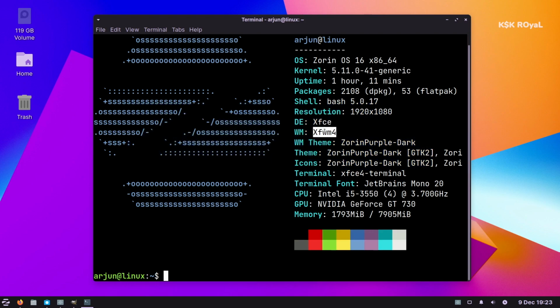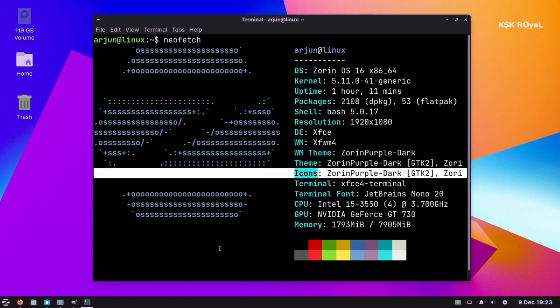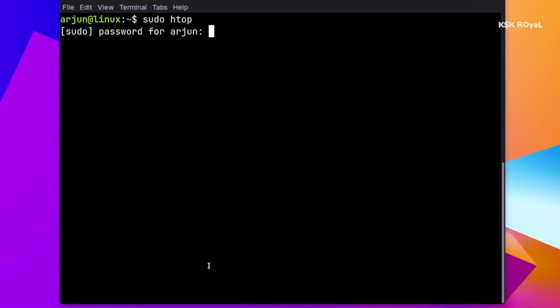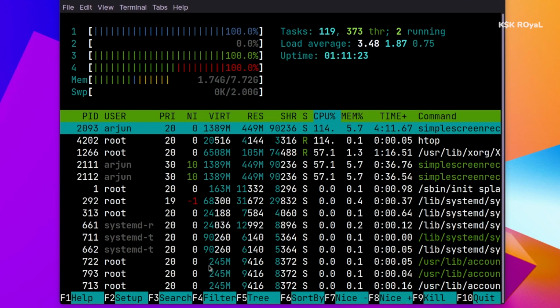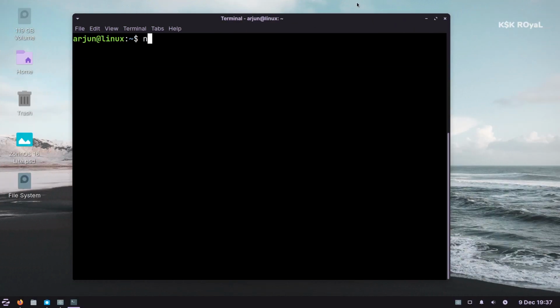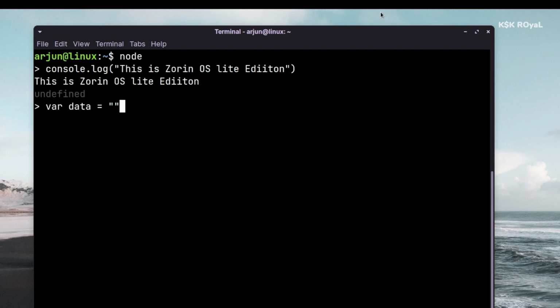So are you in search of the best and perfect lightweight Linux distro for 2022? This is Zorin OS 16 Lite Edition, which offers an incredible next-level XFCE desktop experience. This brand new Lite Edition is designed to be lightweight, futuristic, reliable, and is made to run on any low-end PC older than 15 years.